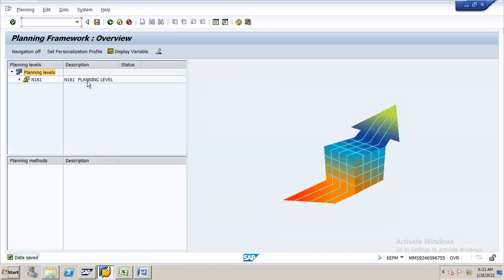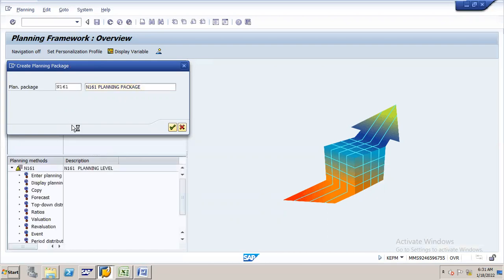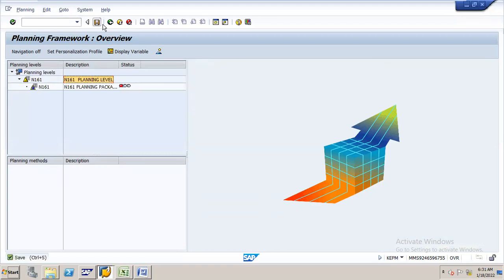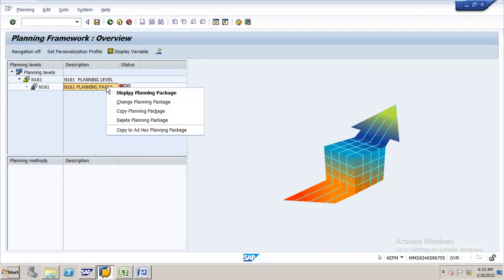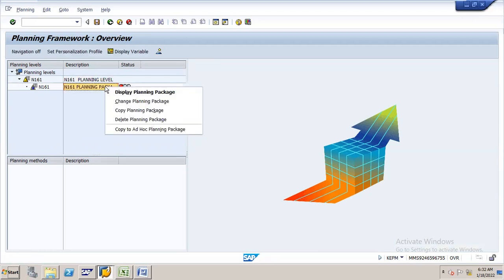Next, again, keep the cursor here, right click, create planning package. Just give a name like this, 61. First save it, just create one planning package, save it. Again, double click here, just keep the cursor here, right click, enter planning data. Here it is. Your parameter set should become